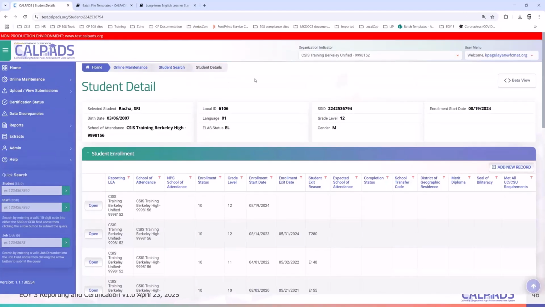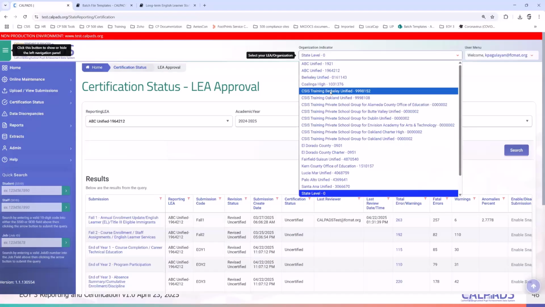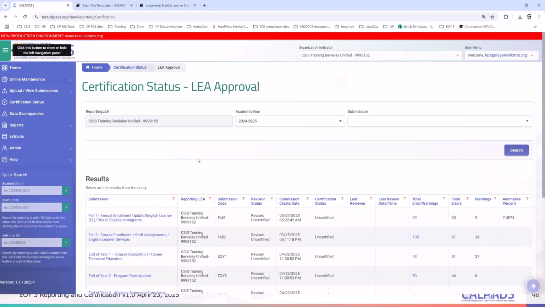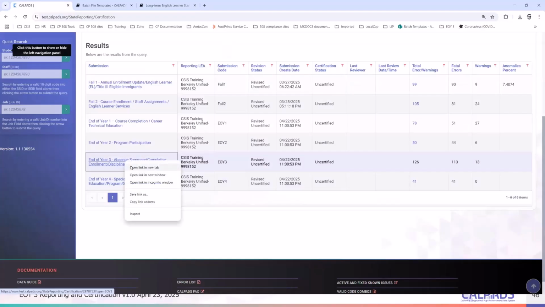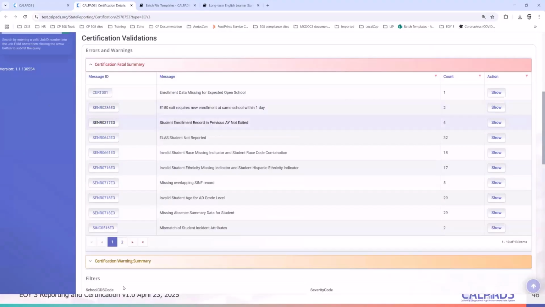So again, when resolving errors, your instinct is to go to your certification status page, going to end of year and looking at the search status here. So that's fine. You have all of your cert errors, you have your CDD errors.